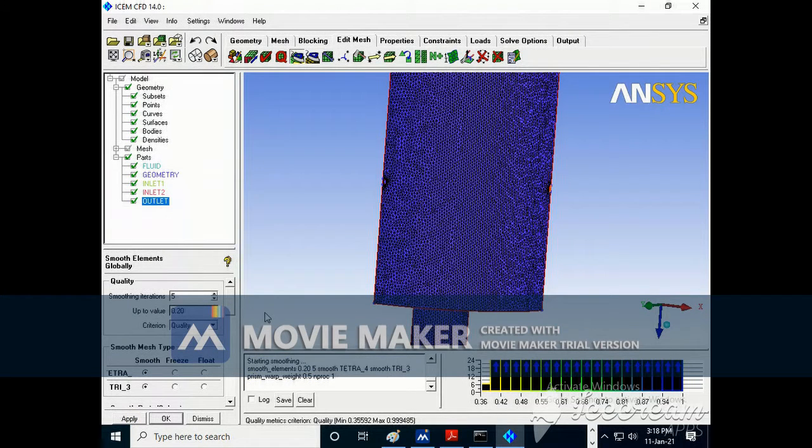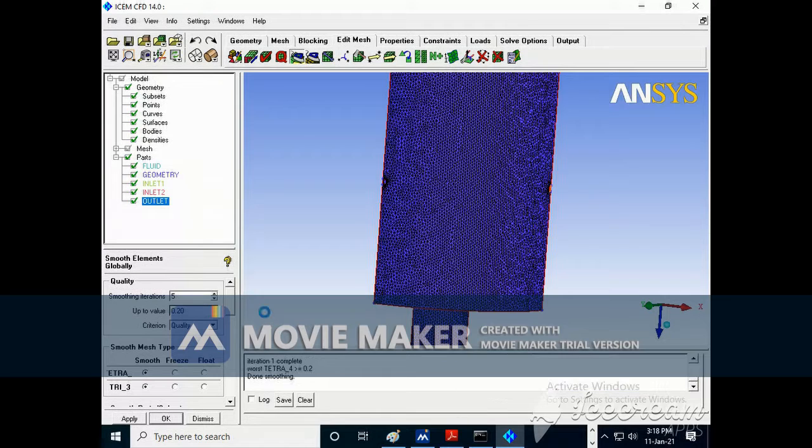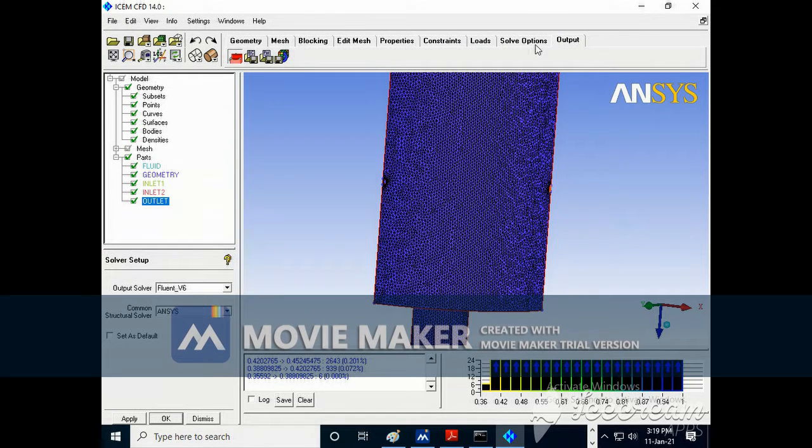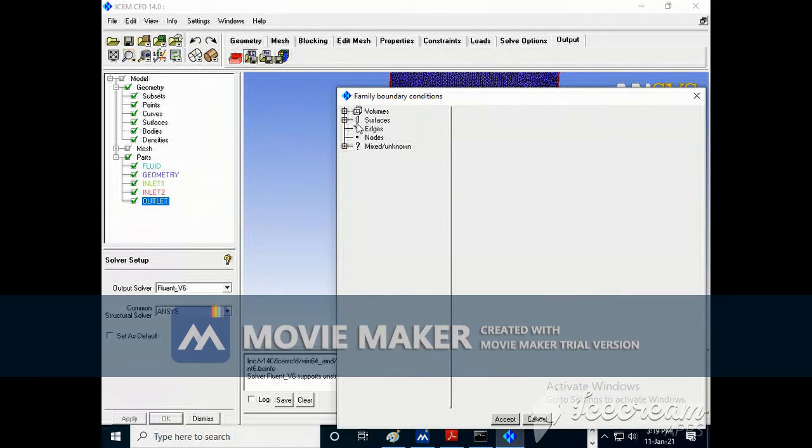Apply again, yes, done. Then when you go to output, you can see the first option, that is Fluent V6, that is the output solver, and the common solver ANSYS. Apply. Go to boundary condition.